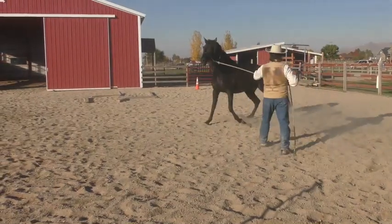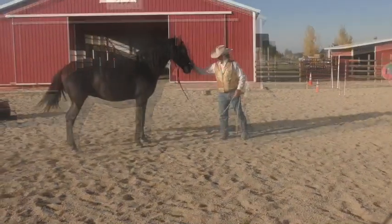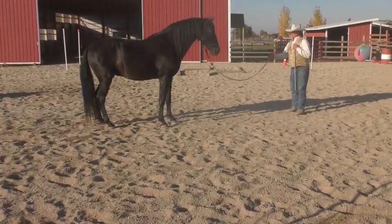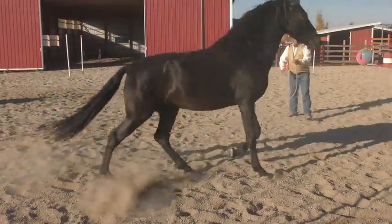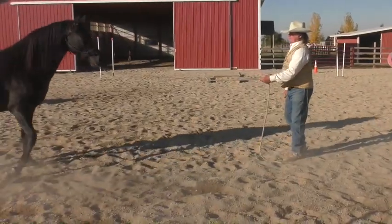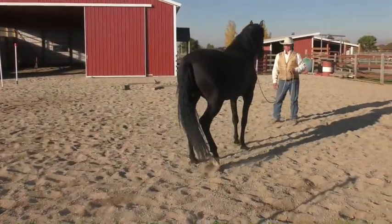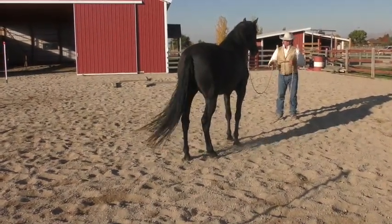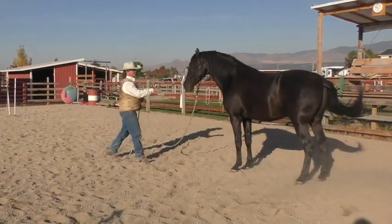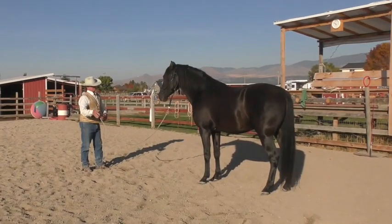Your hip. Your hip. You're okay. If I wiggle my fingers, neither left nor right helps your situation. I want him thinking about that. So if I wiggle my fingers, he didn't go as far that time, that's a good sign. So if I wiggle my fingers and tap on my rope, and I wiggle my rope,